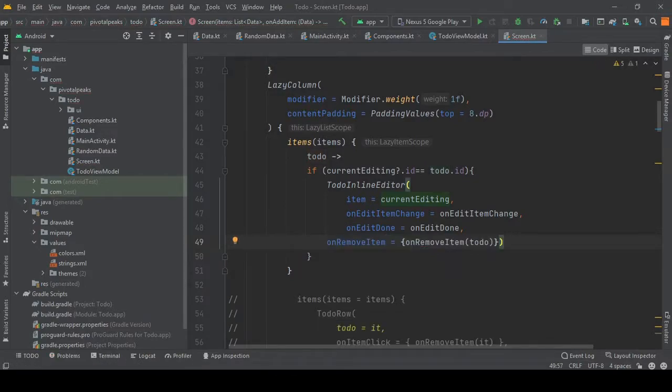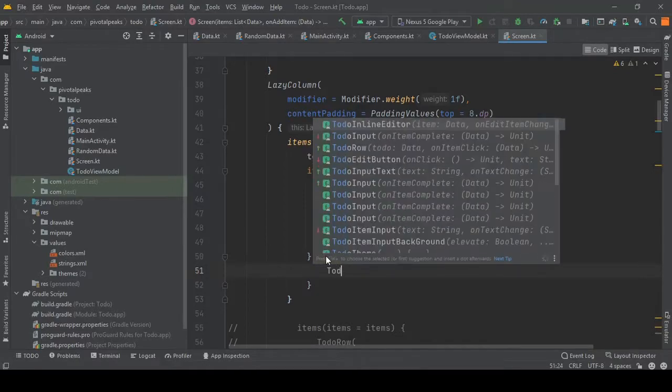So if we are currently editing, then we will show the to do inline editor, otherwise we will show the to do row as we were showing before. So let's call it else here and provide our to do row.